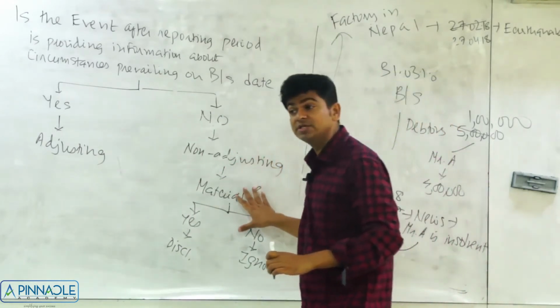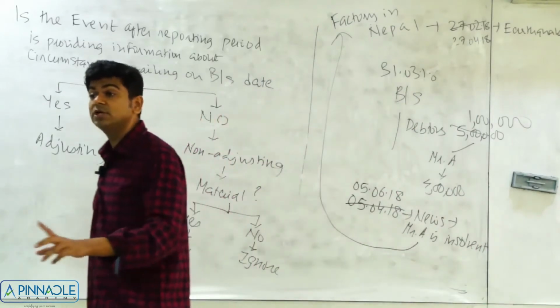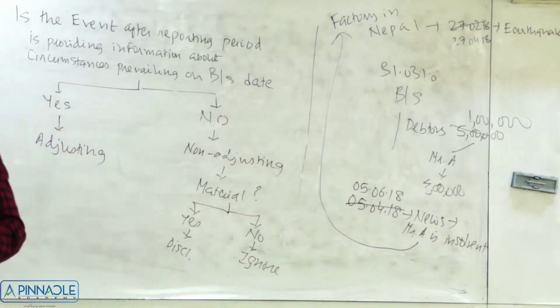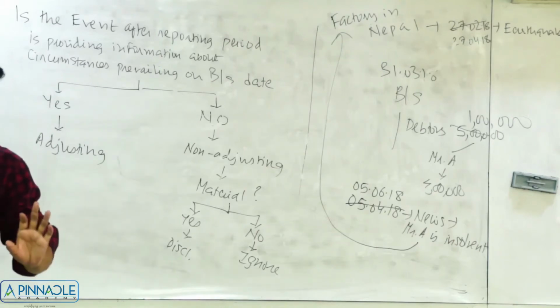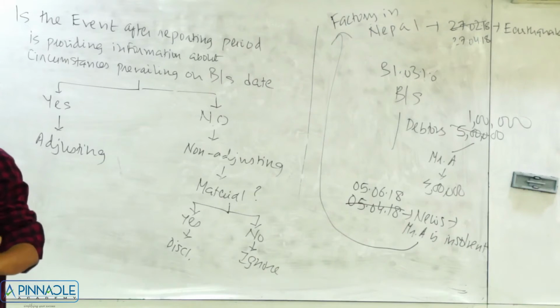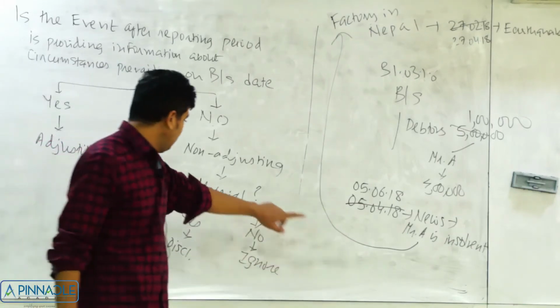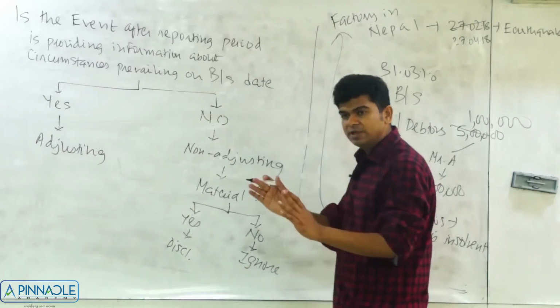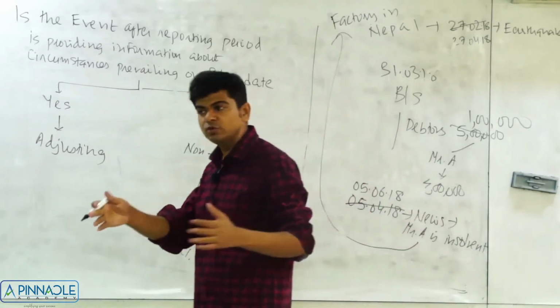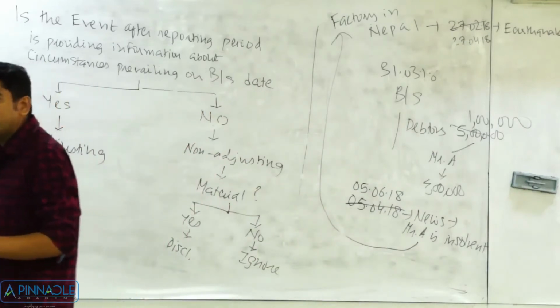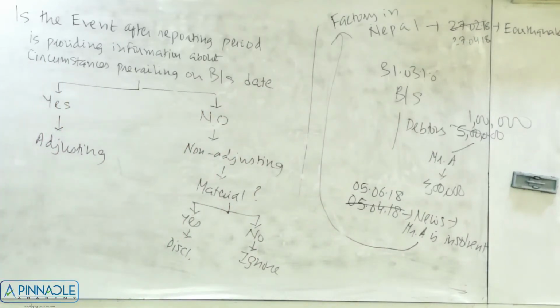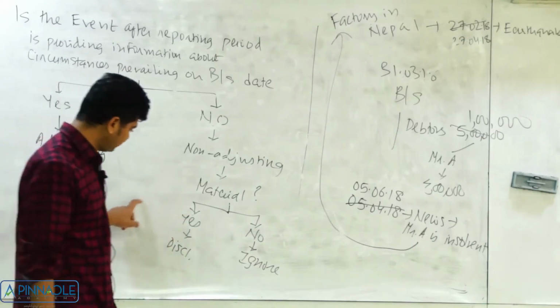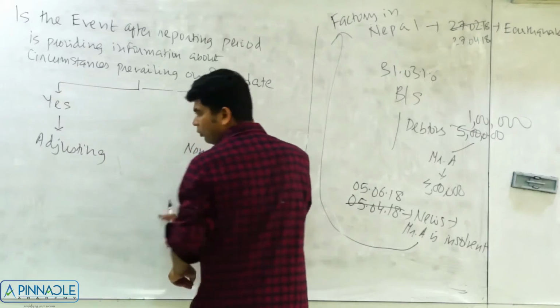And because it's a non-adjusting event, I will not disturb my P&L. I know I will not be able to recover 4 lakhs of rupees, but still I cannot open my P&L. I have to leave my financial statements as they are. Next question, is it material? 4 lakhs of rupees, you have to also see what are the figures in which you are reporting, and on the basis of that you may decide whether it is material or not. 4 lakhs of course is material. So tell me, should I provide a disclosure? So a disclosure will be provided by me.